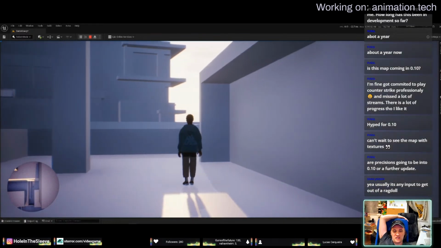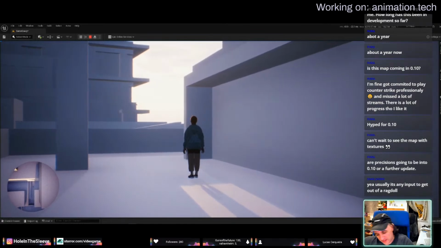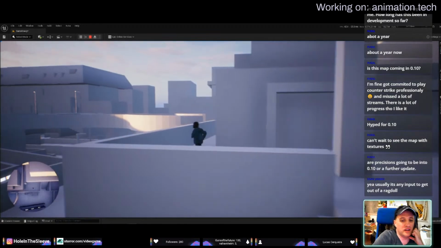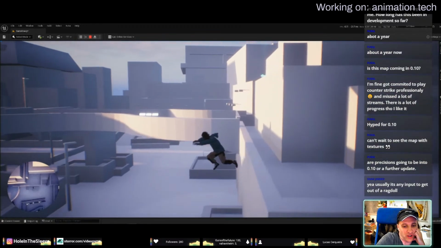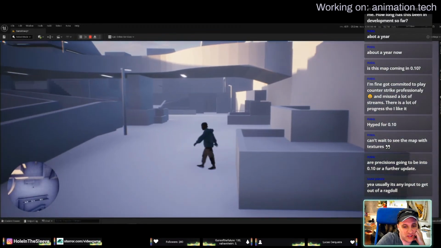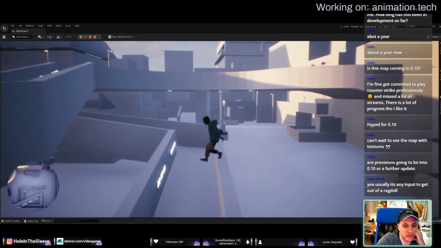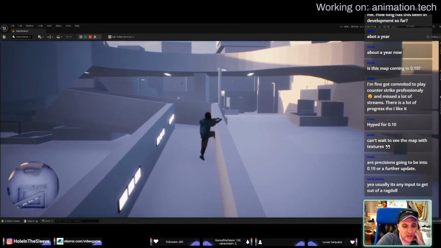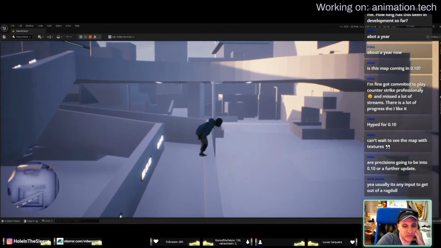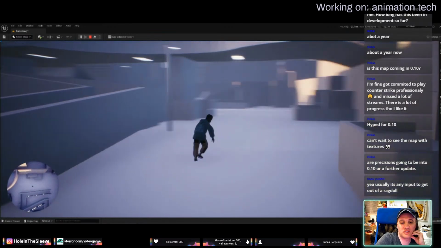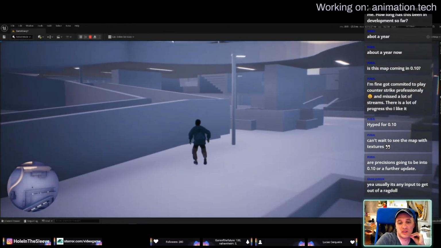Something's bugged. Yeah, I mean it doesn't help that I have only one falling animation, and that was quite an aggressive one. But I can change that bit of animation.